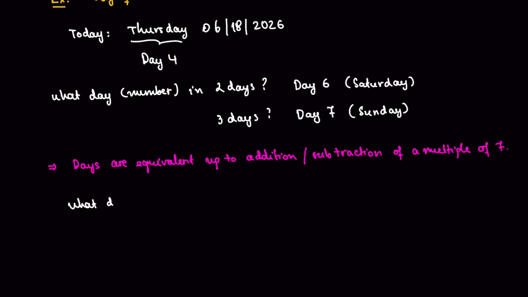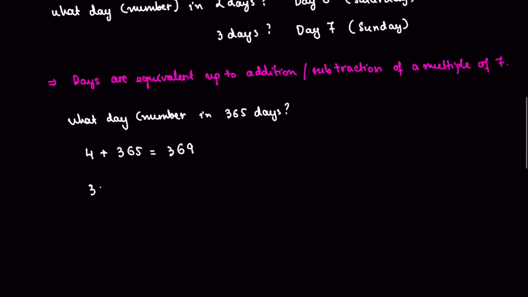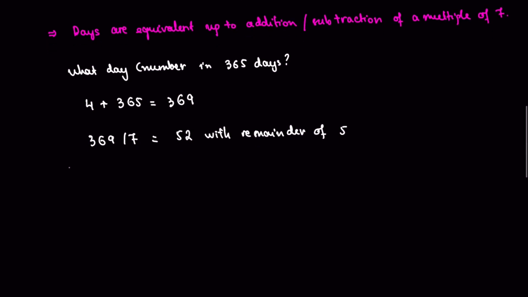So what day number in 365 days? So this is day 4 of the week, and what you're going to do is take 4 plus 365, which is equal to 369, and you're going to divide this number 369 by 7. So take 369 divided by 7, you get the integer quotient of 52 with the remainder of 5. So that means that a year from now,